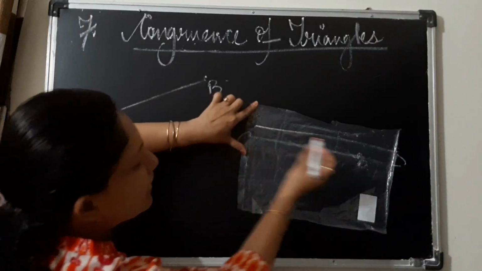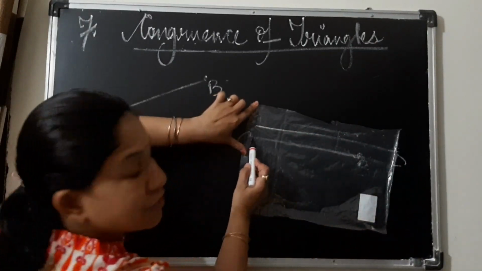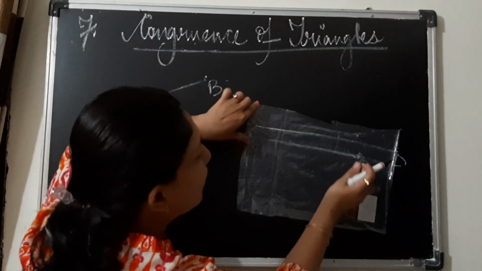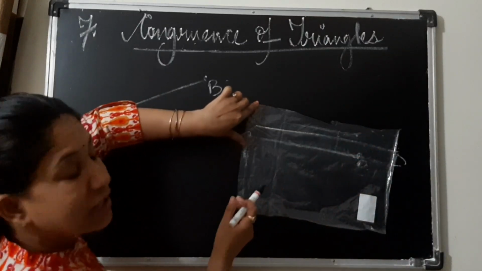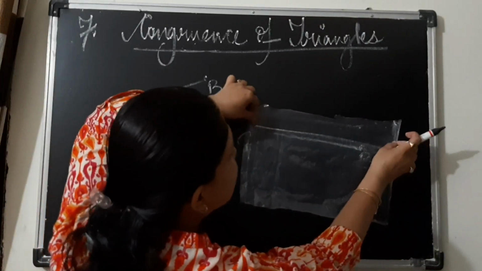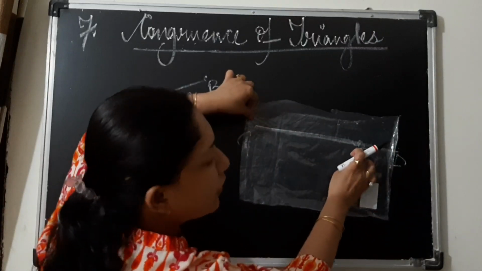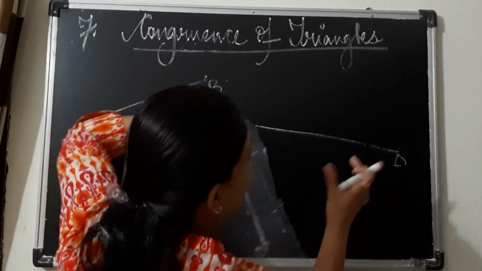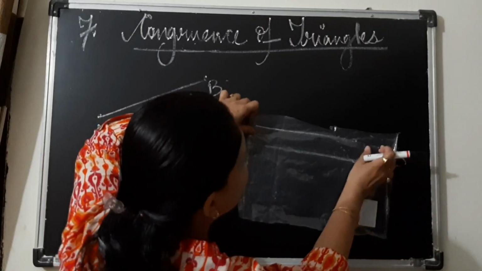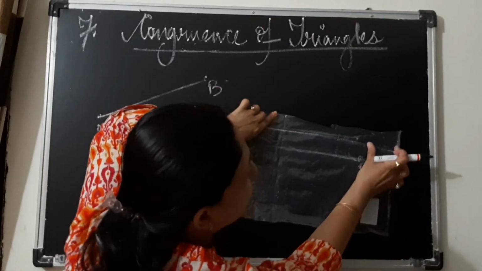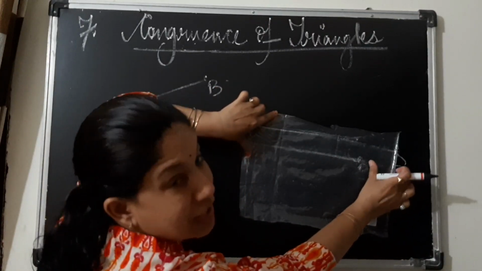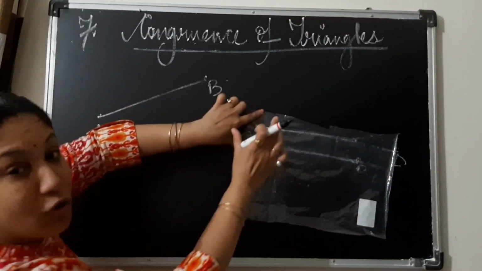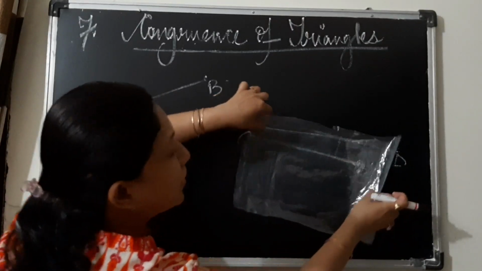See, this is line segment CD and this is the trace copy of line segment AB. When I place it over line segment CD, is it exactly over it? No. Can you see this some part from here? See, if I place it below, you will understand. See, this much part of line CD is still visible. That is, they are not completely over each other.